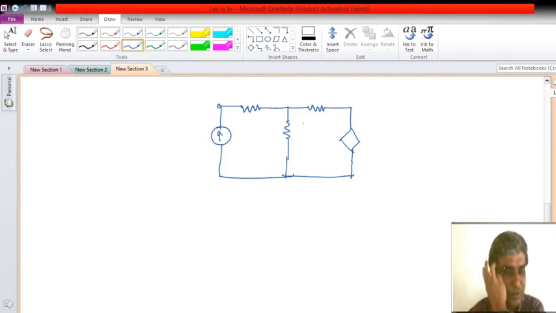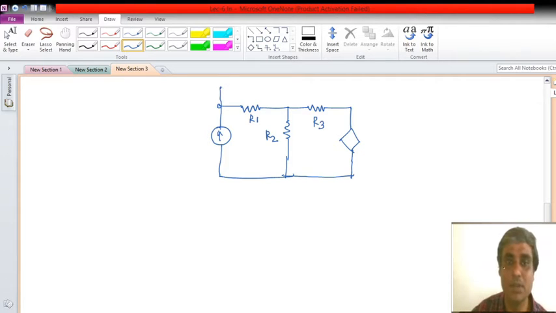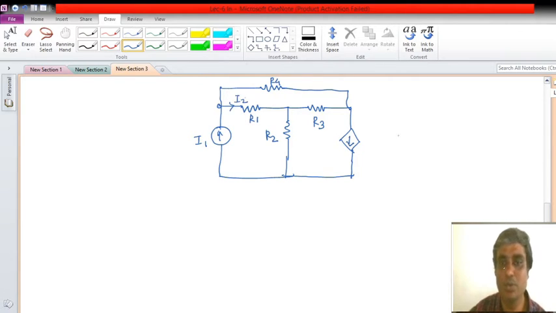Okay, so I'll name it. This is my R1, R2, R3, one more branch there connected with some R4. Say this is my I1, and let's say this is my I2, so let me write this as GN I2. Okay, this is the current controlled current source, right? As the current symbol is like this.